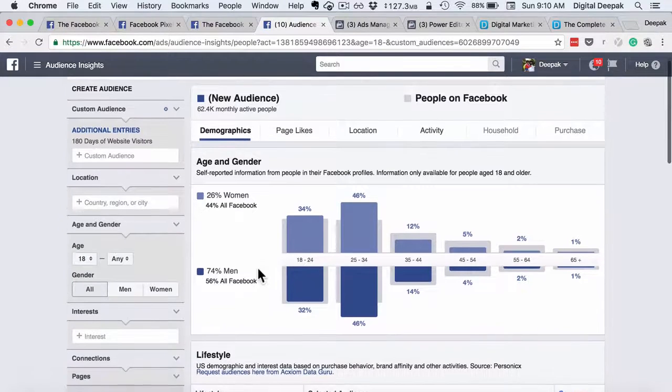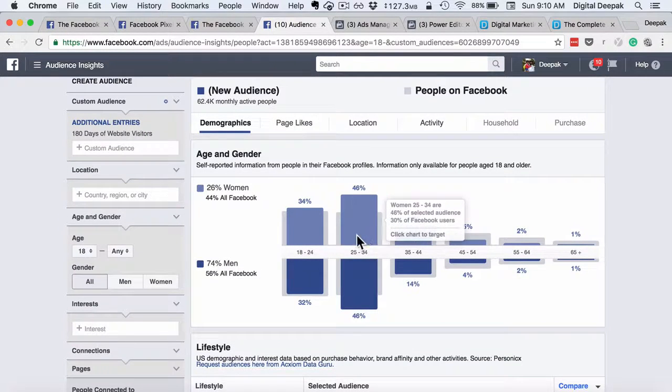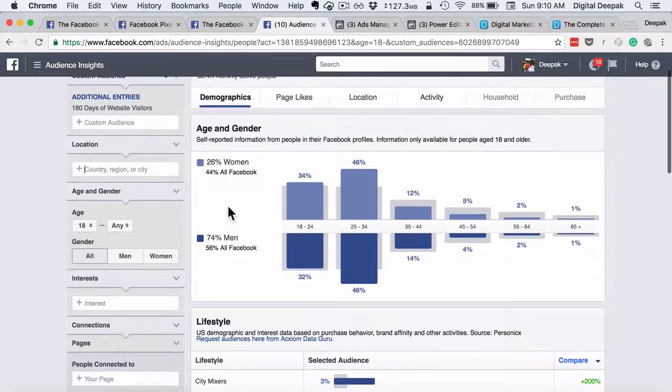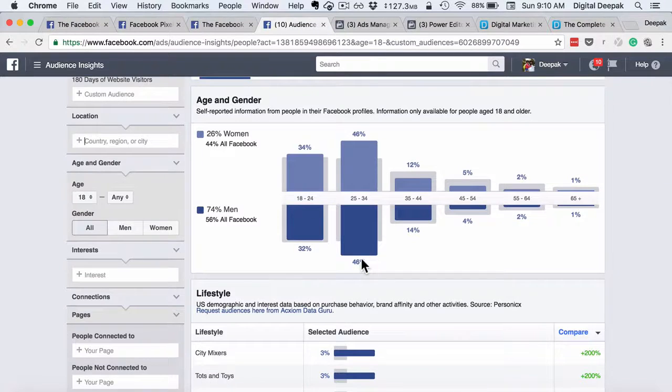So you can see what is the age group of people visiting my website, what is the gender split. So 26% of people who visit my website are women, 75% are men, and their age group is in 25 to 34. So that is my major age group.